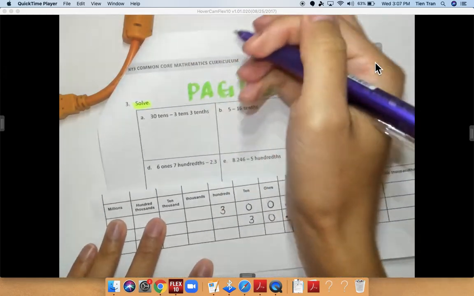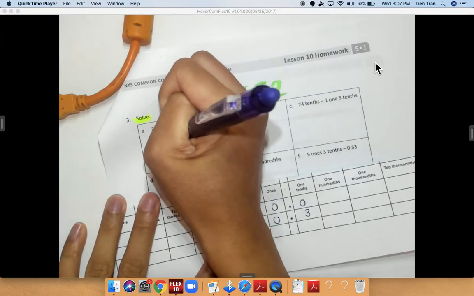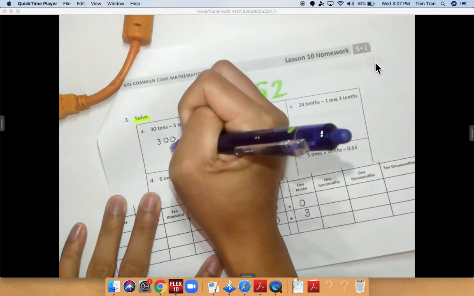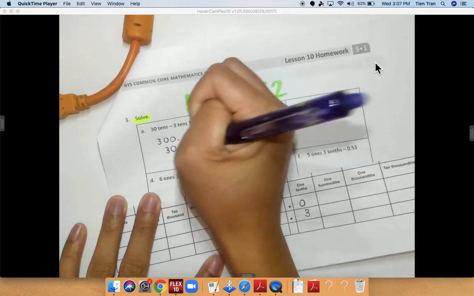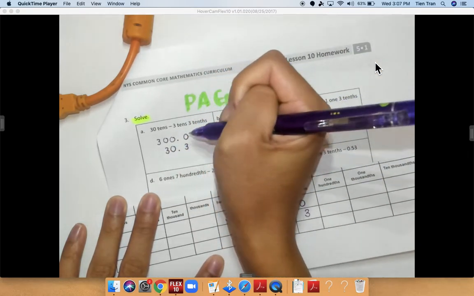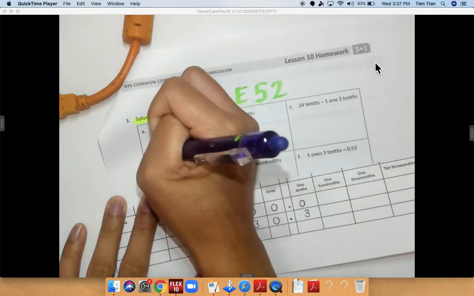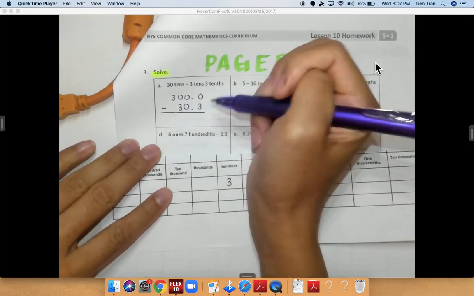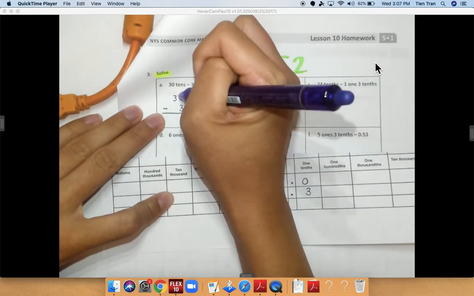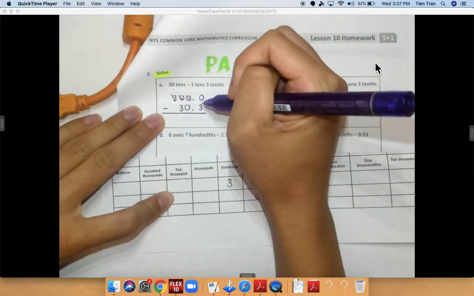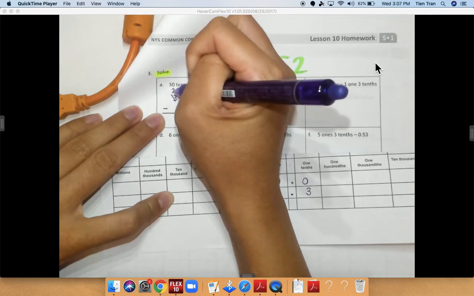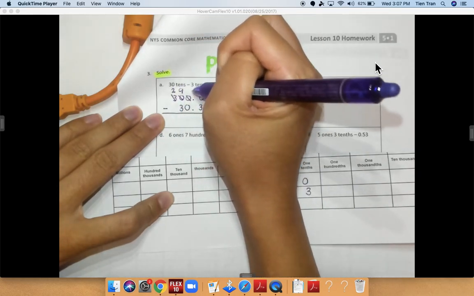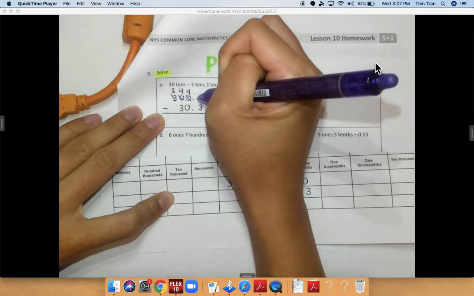So now I can write that number down in my place value chart. I mean, right here. So it's 300.0 and it's 30.3. Now I am going to subtract. I can't subtract 0 minus 3. So I am going to borrow from my 3 because the other ones are zeros. 3 changes to a 2. This 1 changes to a 9. This one also changes to a 9. This one becomes